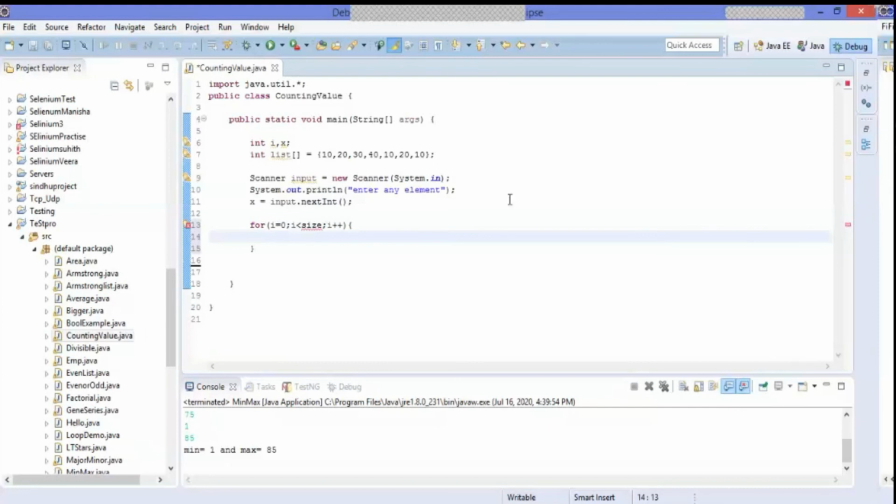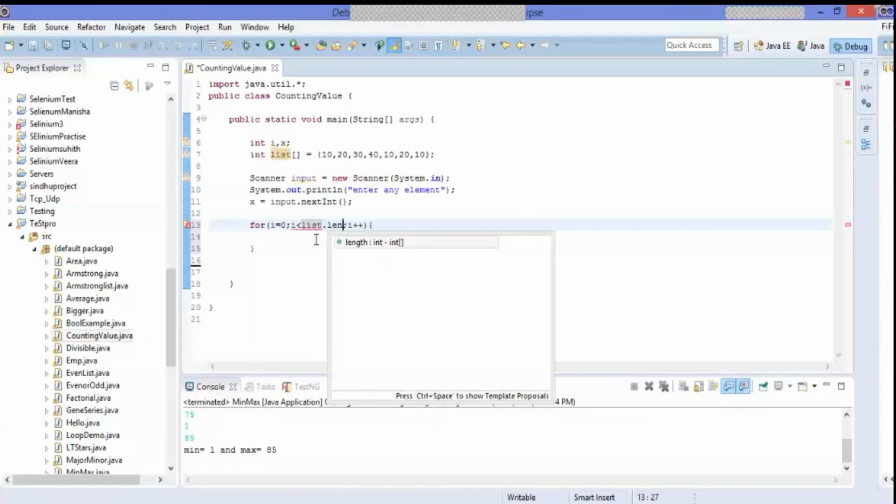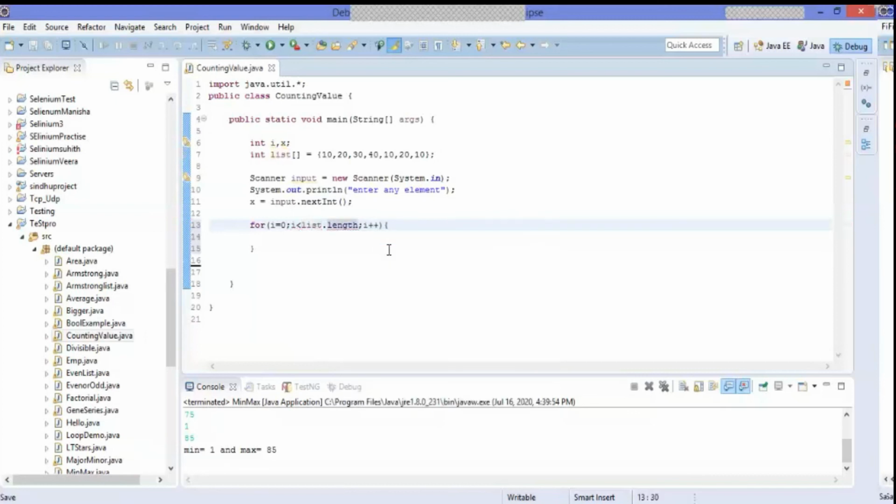Here size is not defined; we don't have any variable called size. If I give it statically, like 7 elements, then when I change the number of elements I would need to change the size again. So instead, we can go for list.length. There is an inbuilt property called length, which returns the size of the array by default.